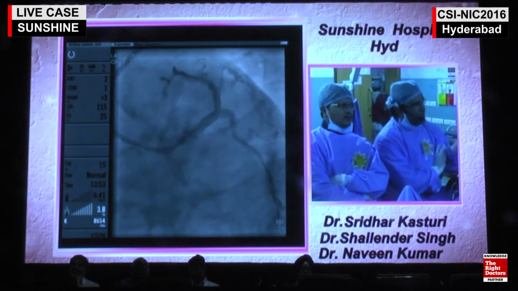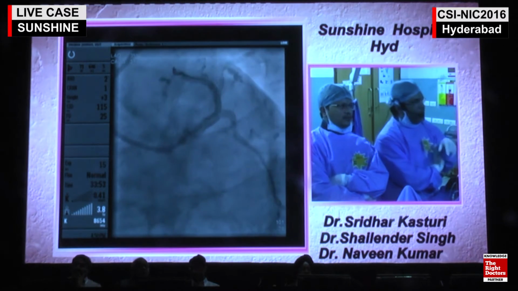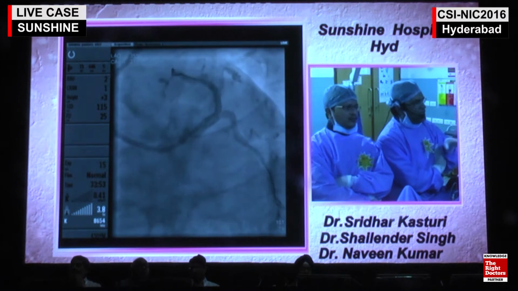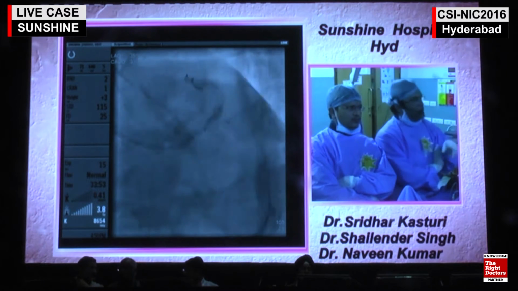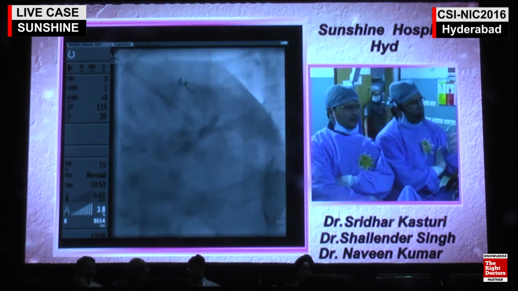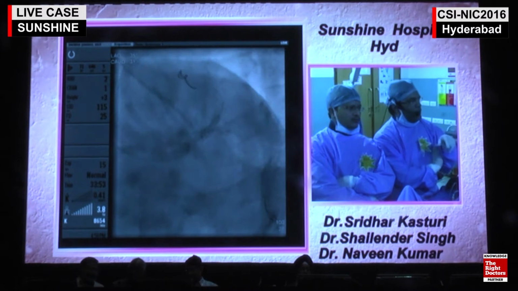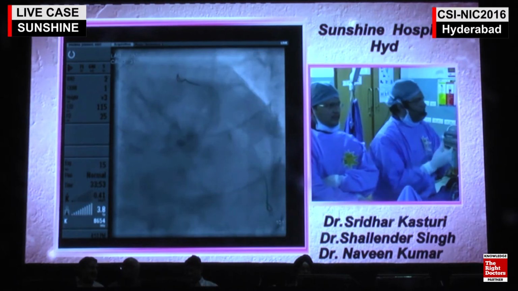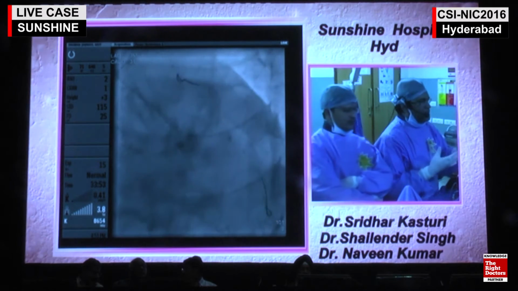So this patient had a severe LFCA and a distal L6 lesion, a diagonal lesion, and a middle LAD and distal LAD lesion. The patient was stented with 2 orphan stents, LFCA and LAD, and 1 orphan stent to distal L6. 2 kissings were done. One is LFCA to LAD, another one LAD and diagonal. So just before this case we finished this, we wanted to share this case. Any questions or any suggestions?